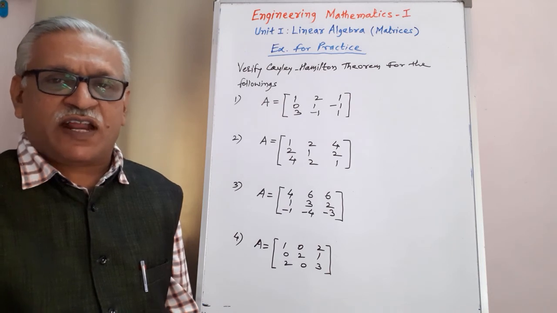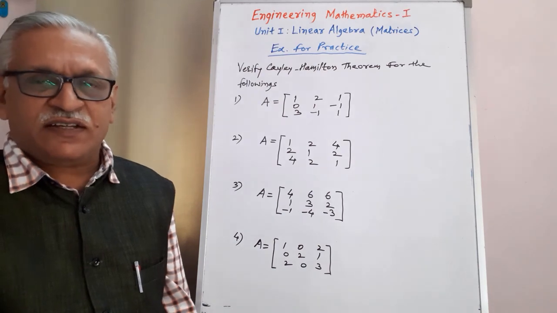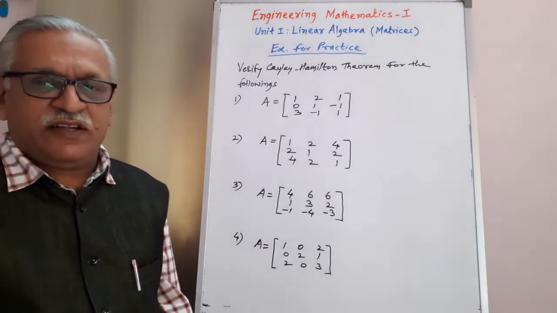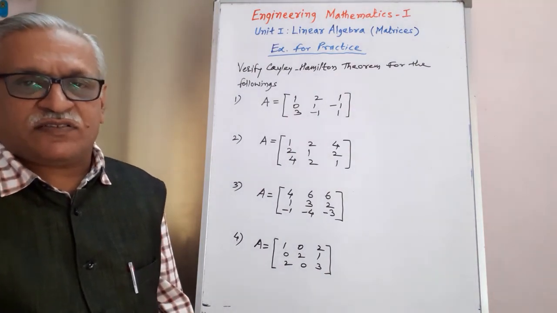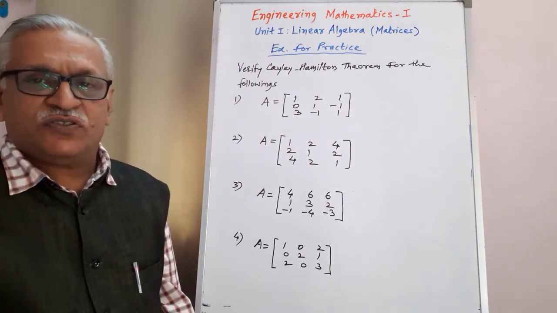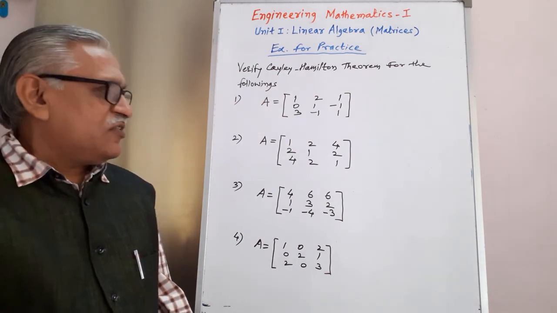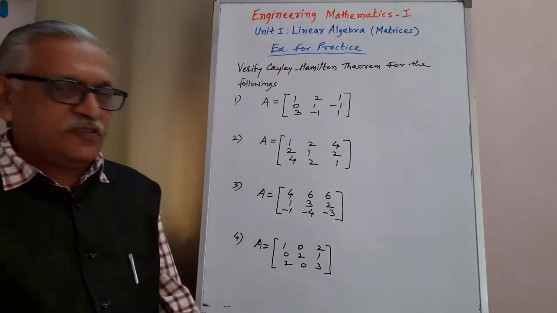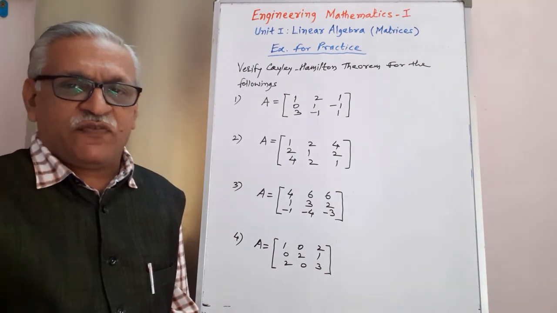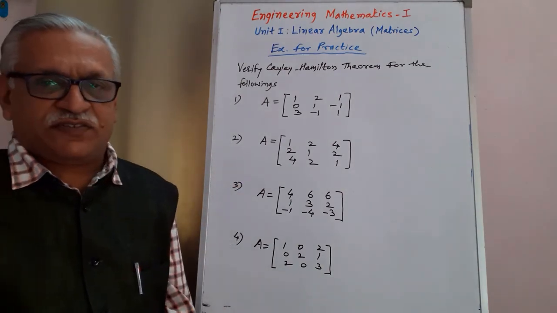First step, try to get the characteristic equation. Then apply Cayley-Hamilton theorem and write that equation in terms of given matrix A, and then verify it by finding all those matrices. If the sum of all the matrices is 0, then we can say that the theorem is verified. Therefore, with those 3 solved examples, I tried to explain how we can verify the Cayley-Hamilton theorem, and examples for practice.